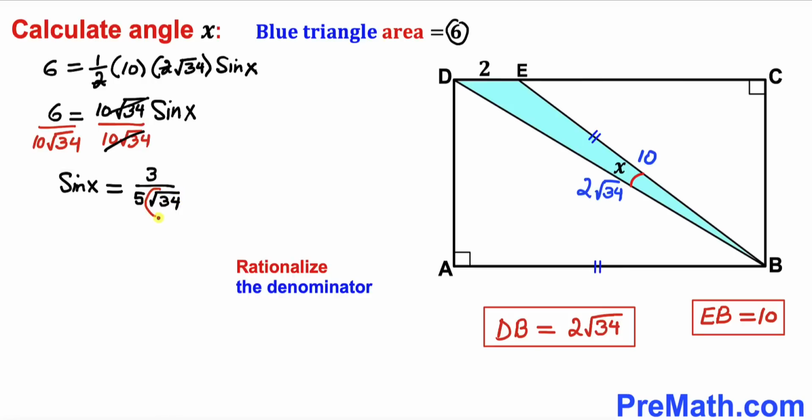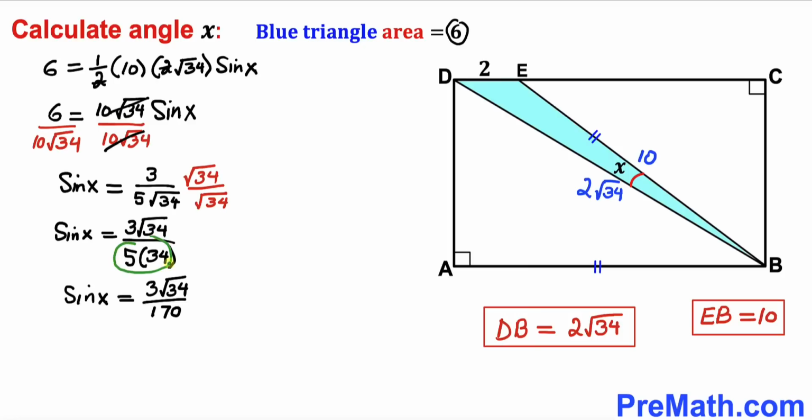And now since we got this radical at the denominator, we are going to rationalize this denominator. So therefore I'm going to multiply and divide by the square root of 34 at the same time. So therefore we are going to get sine of angle X equal to, at the numerator, 3 times the square root of 34, divided by 5 times, when we multiply these two radicals, that is going to give us 34 only. And in this next step, if we multiply 5 times 34, we are going to get 170 at the denominator. And if we simplify the right hand side, sine of X is going to be approximately equal to